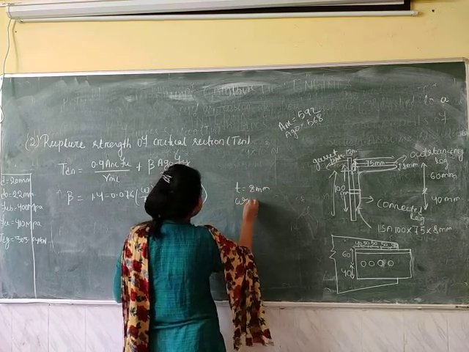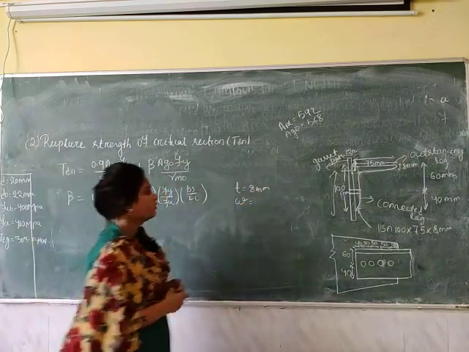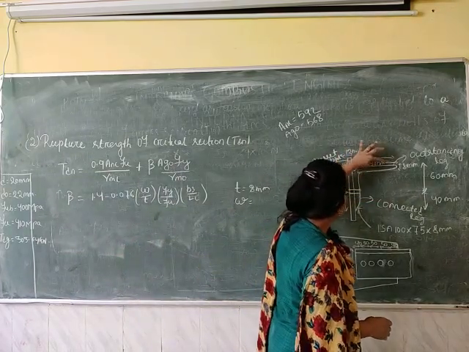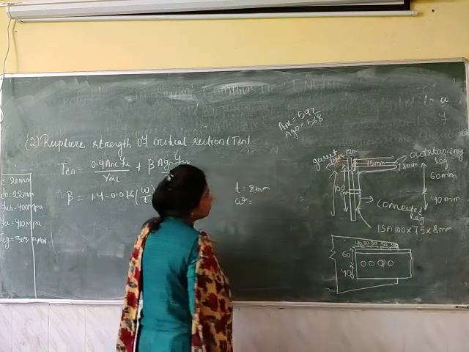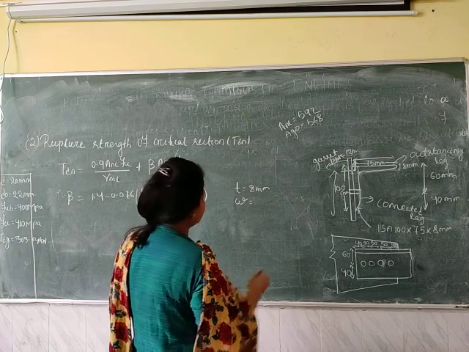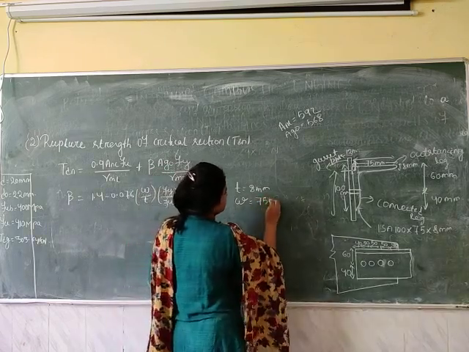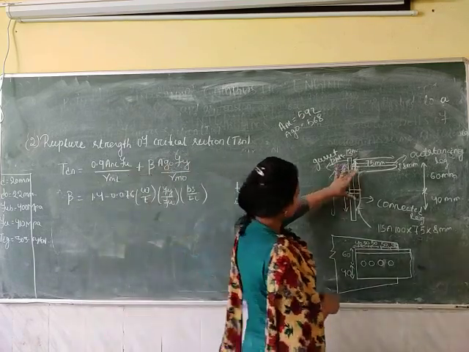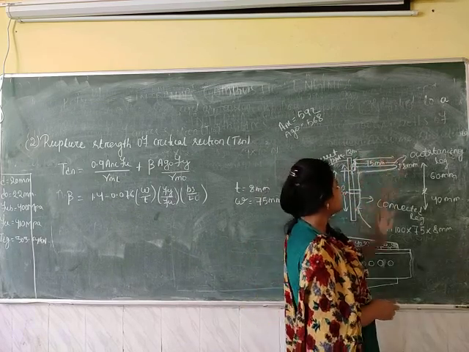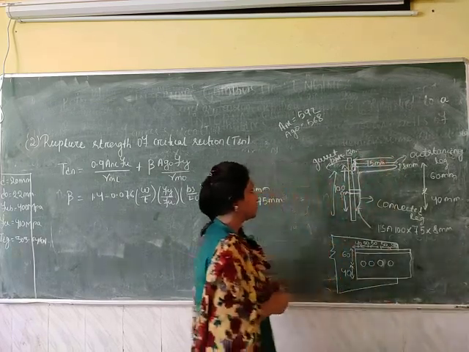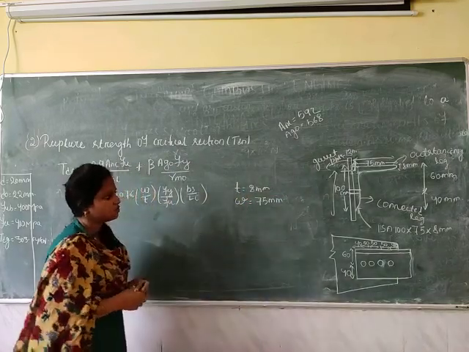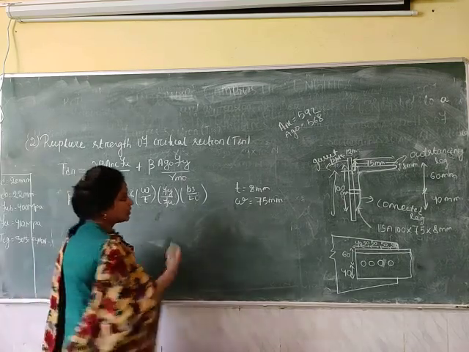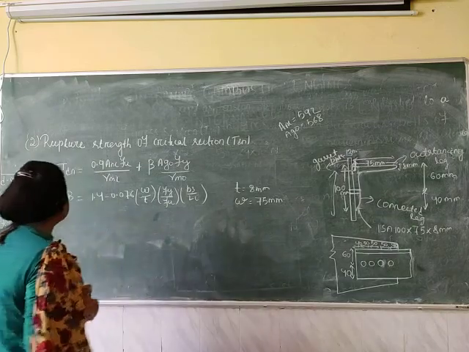Then w is the outstanding leg width, or outstanding leg length. So this is the outstanding leg and the width of the outstanding leg is 75 mm. So 100 mm is the width of the connected leg and 75 mm is the width of the outstanding leg. So this is an unequal angle section, as here the widths of the two legs are different.